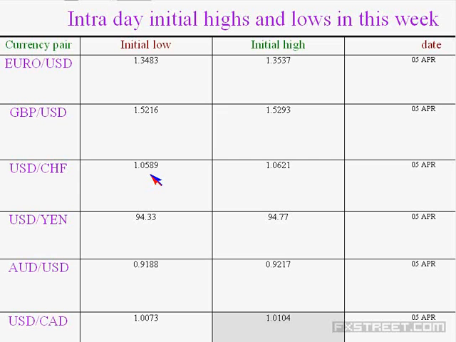1.0589 is the low, which is intact, and 1.0621 is also intact, which is a high. Then yen is making a little bit of swings, around 94.33 is the low, 94.77 is the high, and they are expected to cut the low and go to that level of Friday initial highs, 94.03, and then subsequently a small dip below that of 94.33